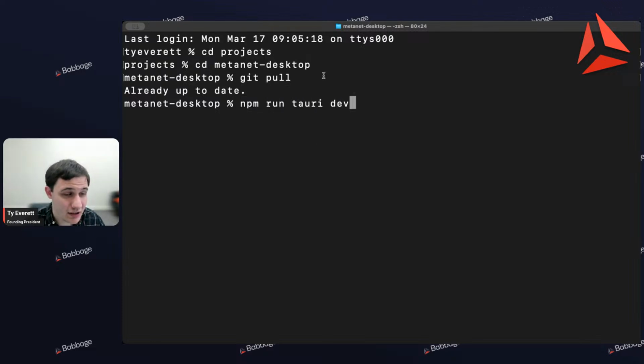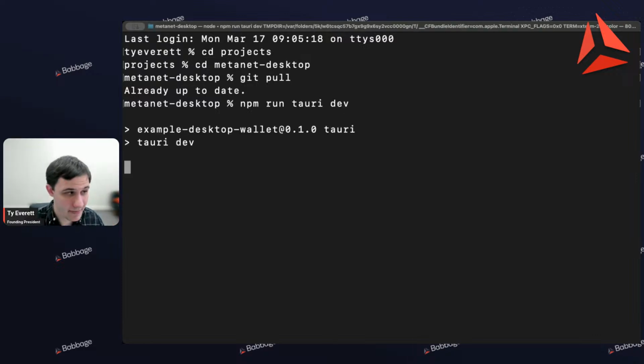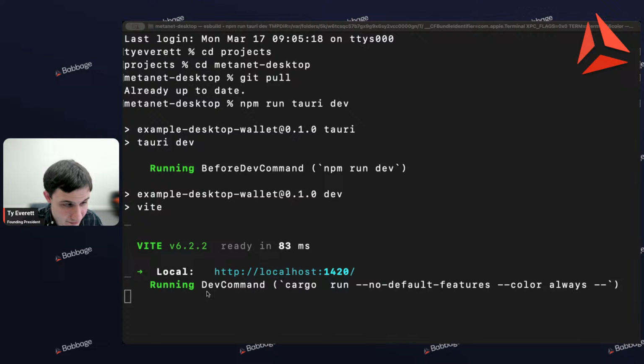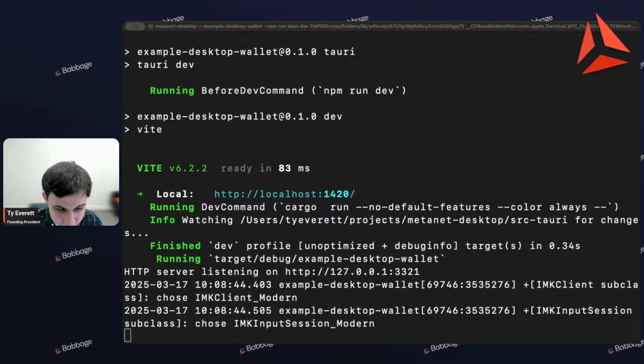So to do that, according to the README, you just say npm run tauri dev. And of course, you're going to want to install your dependencies first. I actually have it already installed, so I can just do this. But yeah, we can see this here, and essentially, when you see this in your terminal, then you'll know that it's